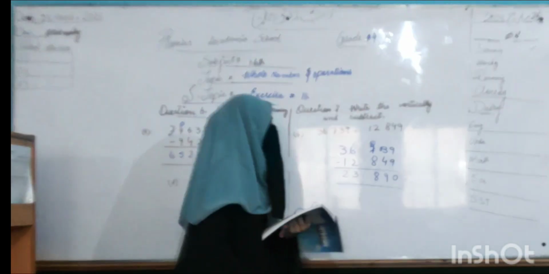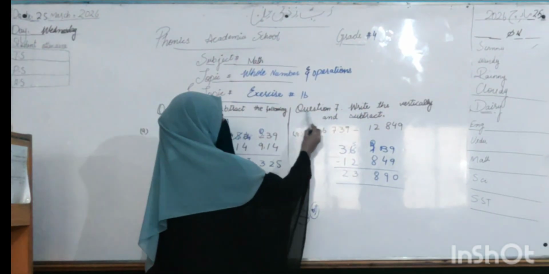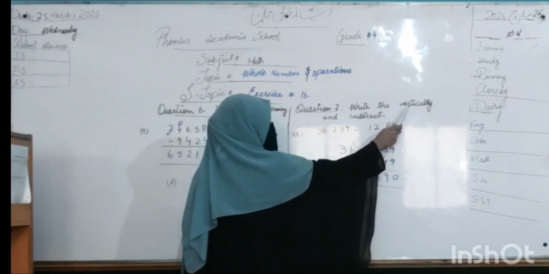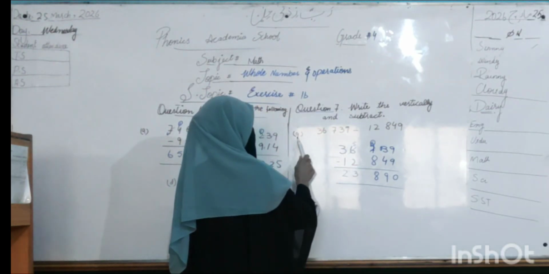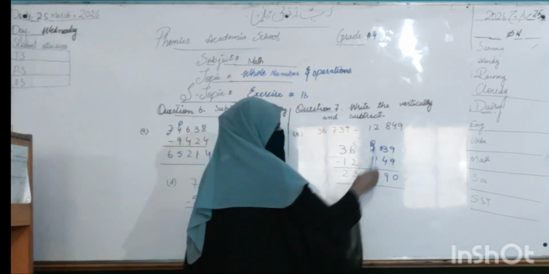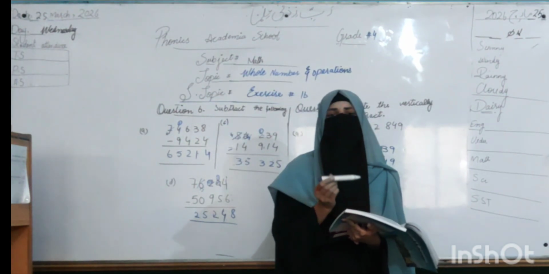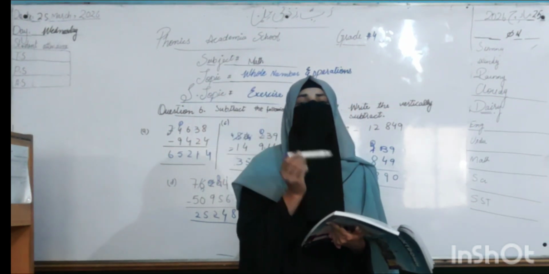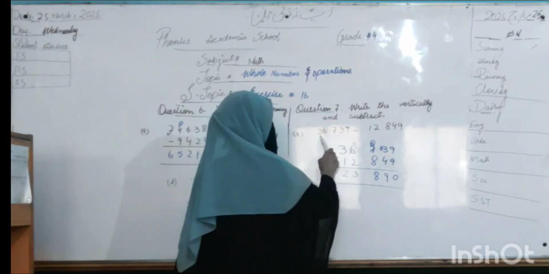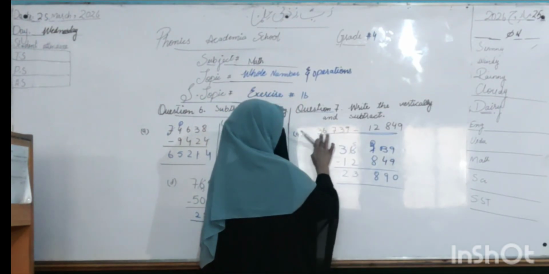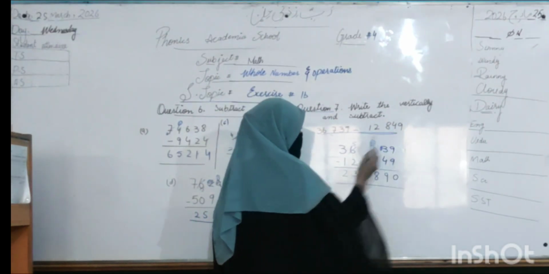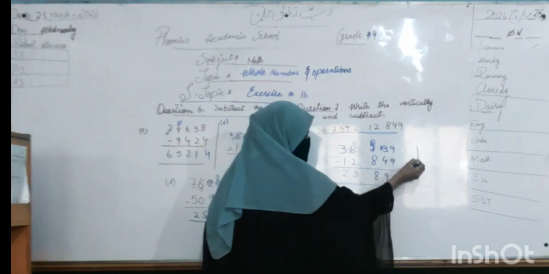So students, we have to do question number 7, in which the values are given in row form, which means the values are given in a horizontal way. This form is called the horizontal way, and they say to write it vertically. Write this vertically. When the value is written